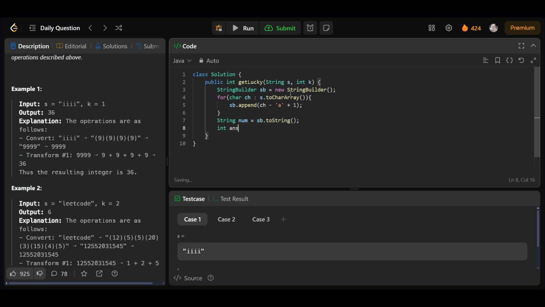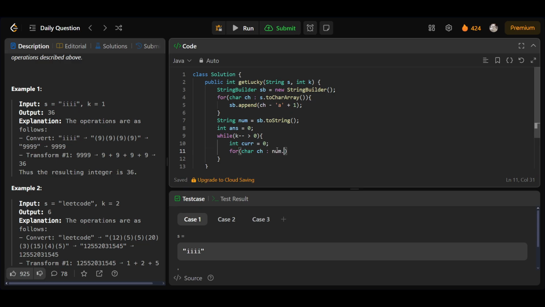and then let's have a variable that is answer. Initially we can leave it not initialized as well. Oh no, but it can cause an error. Okay, so now while k minus minus is greater than 0, we need to sum all the digits of the num. So let's have a variable current that is equal to 0 initially. We do not need a while, that is, for char ch in